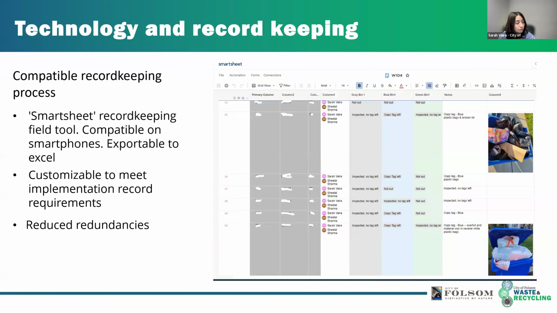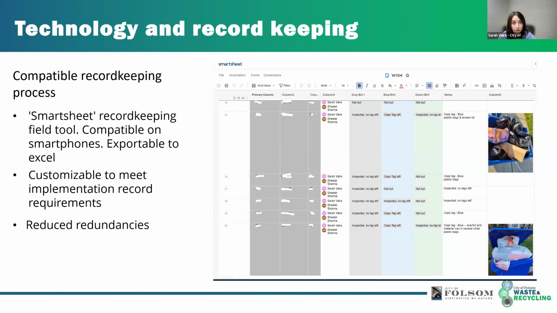As far as the technology and the record keeping elements of this, we really needed our approach to fit with the city's internal database and our own processes here. We are the city's majority hauler, and we needed something that works with our internal systems.